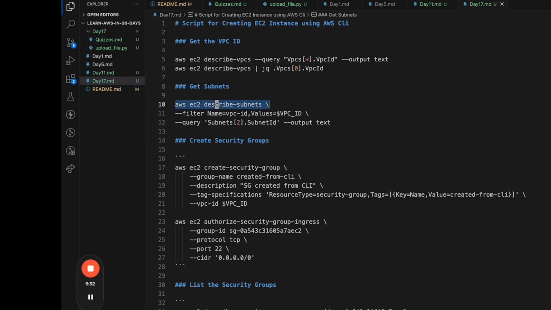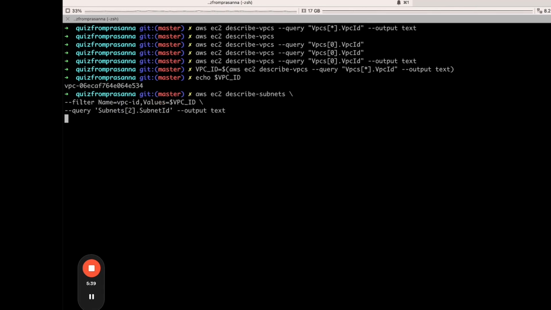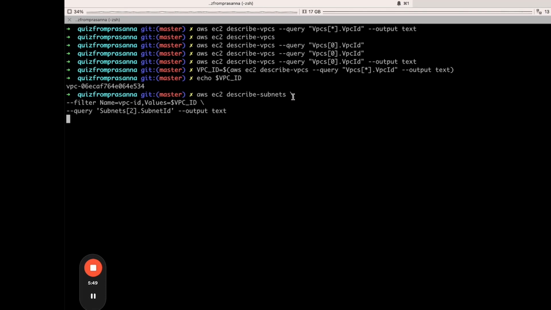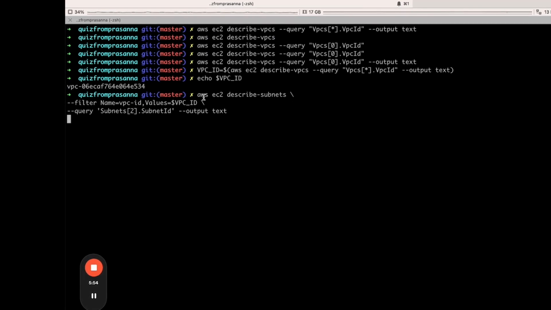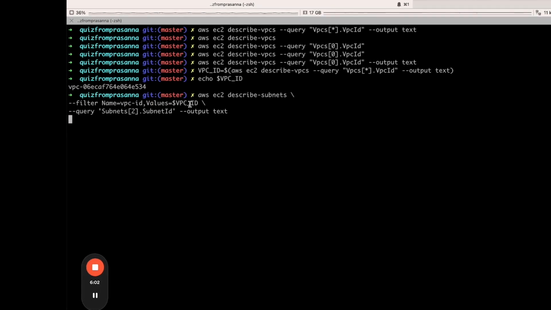What I'll do is use this in the subsequent command. I'll say ec2 describe-subnets. And as you can see, I'm doing a multi-line command. This is possible because at the end, I'm giving a backslash here, which means I'm telling the terminal that the command is not over. It will go to the next line also. So ec2 describe-subnets, and then I'm giving a filter option, which says for this VPC ID value, filter me all the